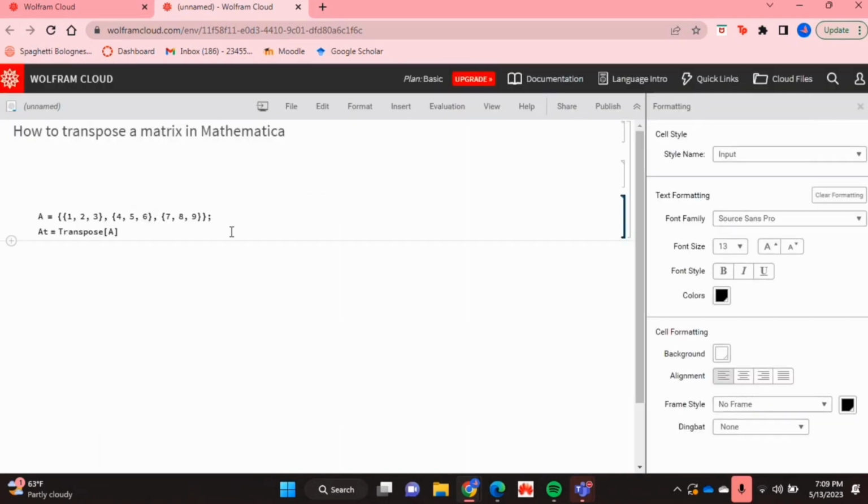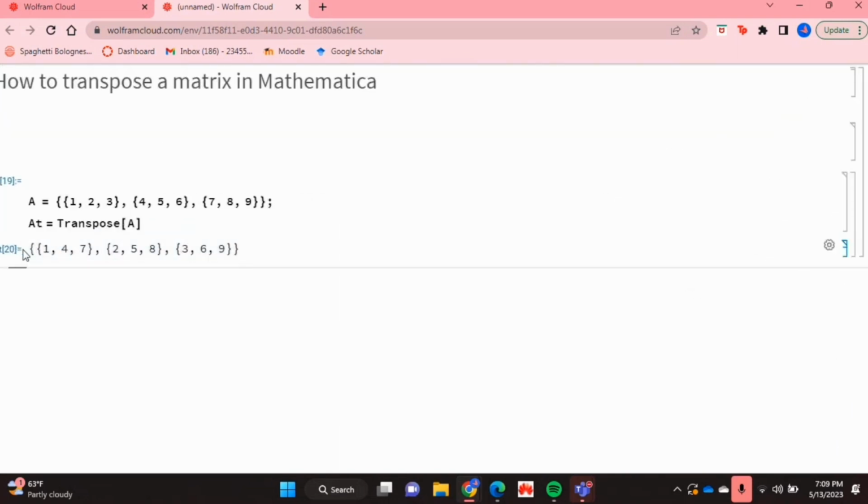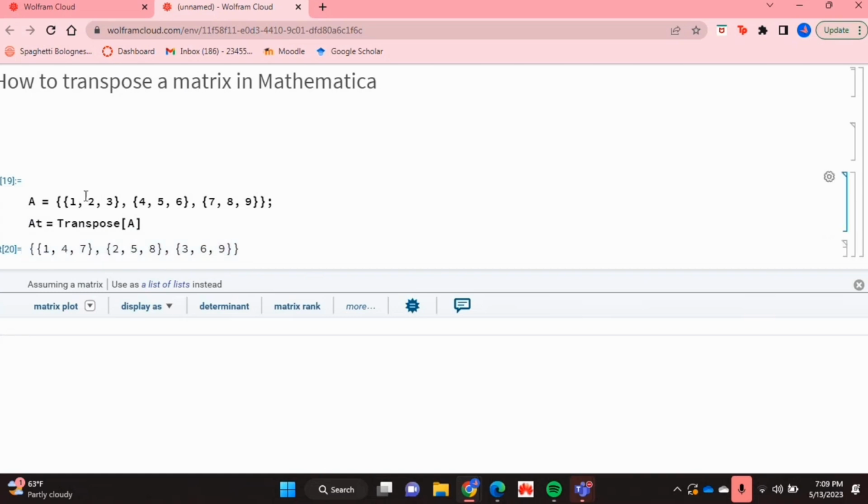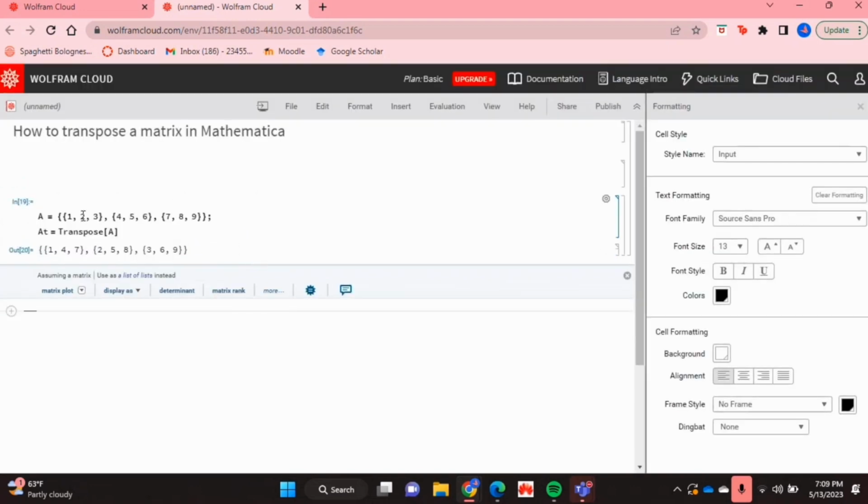And if I run this, as you can see, I get back a transpose of my matrix A over here with 1, 4, 7 as the first row, and so on. And there you have it. If you wanted to know how to transpose a matrix in Mathematica, this is the easiest way I know how,